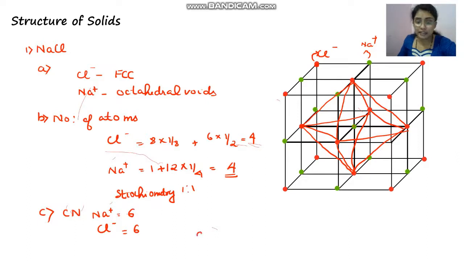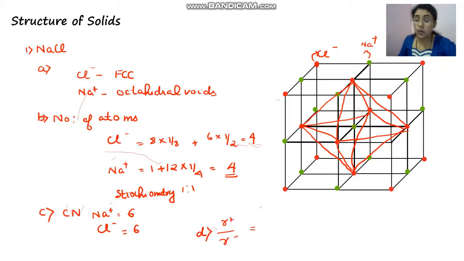And the last thing that we have to do is this: coordination number 6 means it is octahedral, and we can also say that it is an octahedral structure by finding out the radius ratio. So let us look at the radius ratio. We know what the radius ratio is: radius of cation divided by radius of anion.